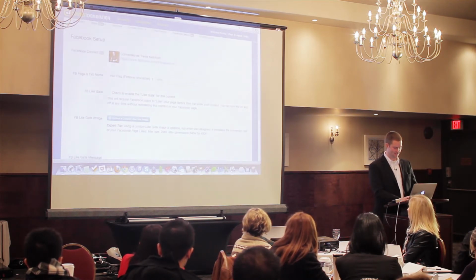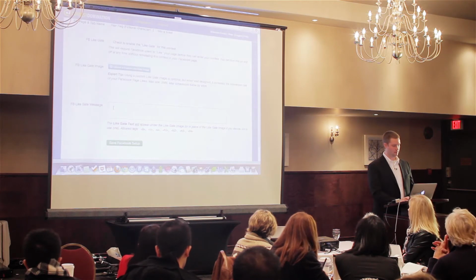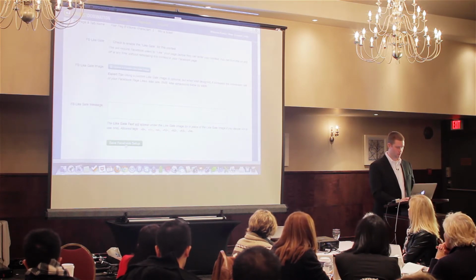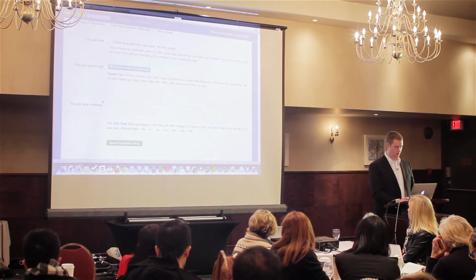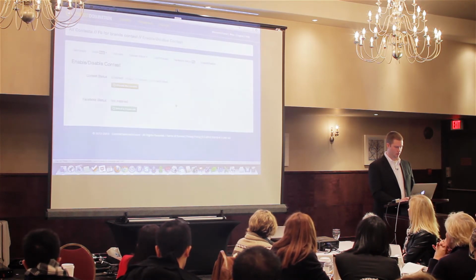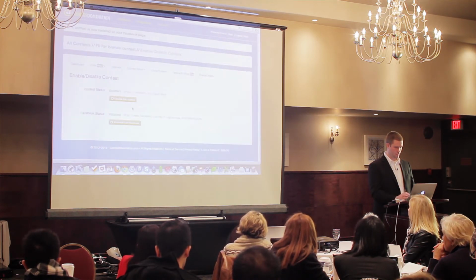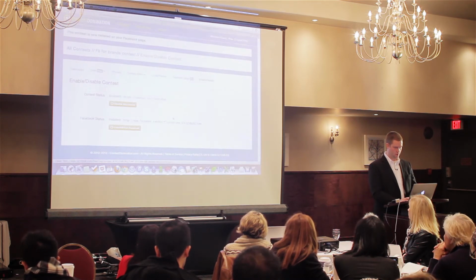Anyway, I'll say when a ticket, and here you can enable the like gate or not. If you do enable the like gate, you can upload your own image. You can add text or any variation thereof. So I'll go ahead and save Facebook options. And so now over here, I can just click, boom, install into Facebook. And so now I have a Facebook URL.